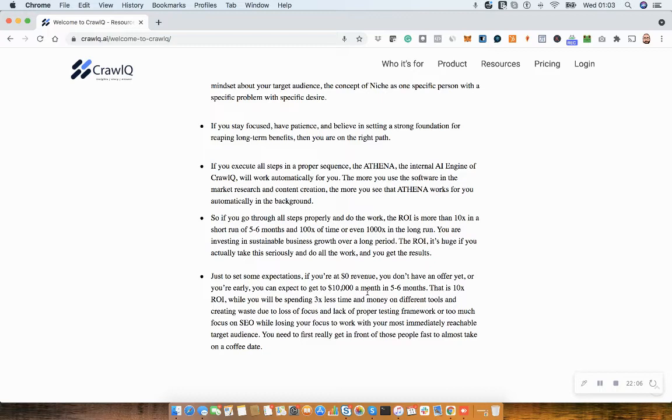Okay, that is 10x ROI, while you will be spending 3 times less time and money on different tools and creating waste due to loss of focus and lack of proper testing framework, or too much focus on SEO while using your focus to work with your most immediately reachable target audience. So in this tool, of course, if you are zero, you can expect $10,000 a month recurring revenue in 5 to 6 months. Okay, and that's really 10x ROI of your time and investment instead of focusing on the content which